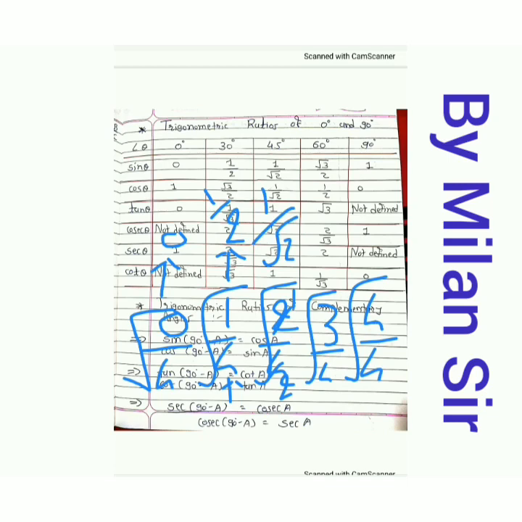Now under root 3 by 4. So under root 3 we cannot simplify, and in the denominator 4 is there. The square root of 4 is 2. Now here at last, 4 ones are 4. So the square root of 1 is 1. So you can get all the values of sine theta this way. So here is 0, here 1 by 2, 1 upon under root 2, at 60 under root 3 by 2, and for 90 the value is 1, right?